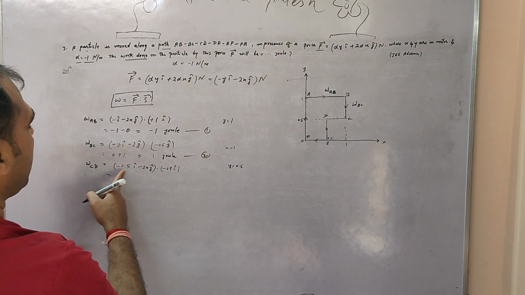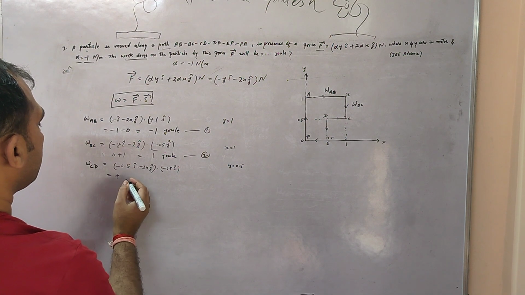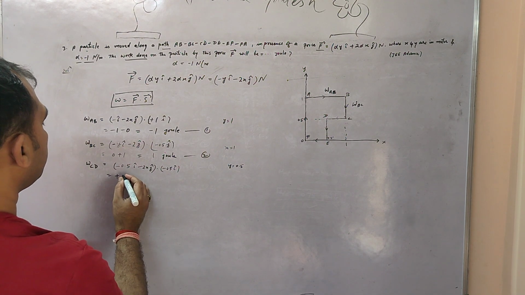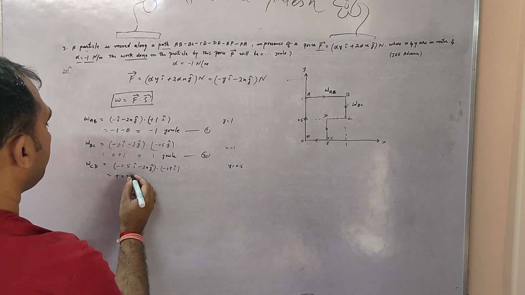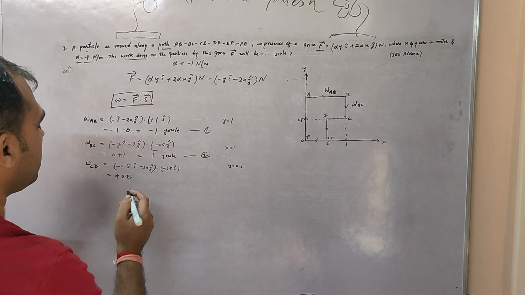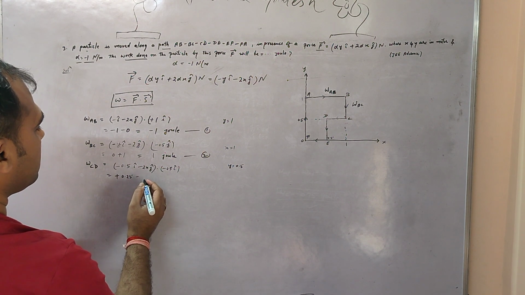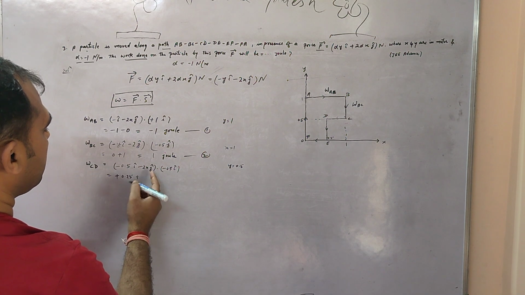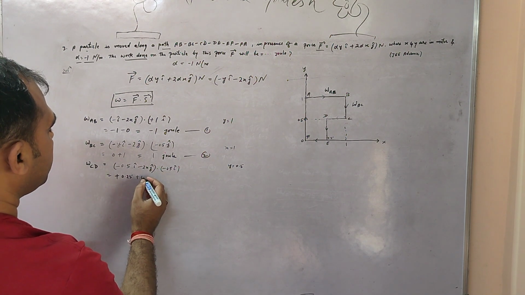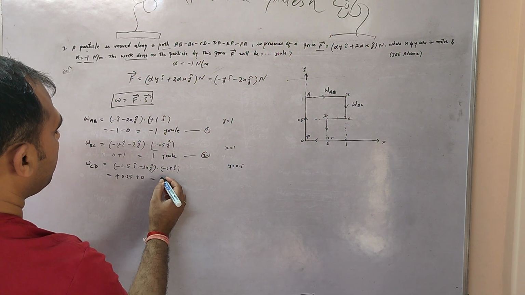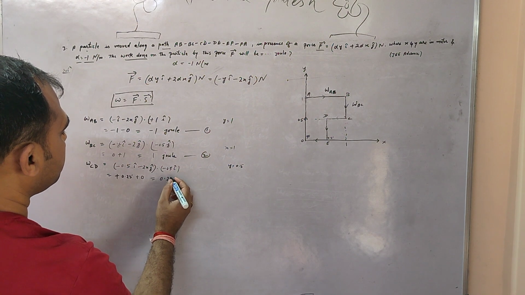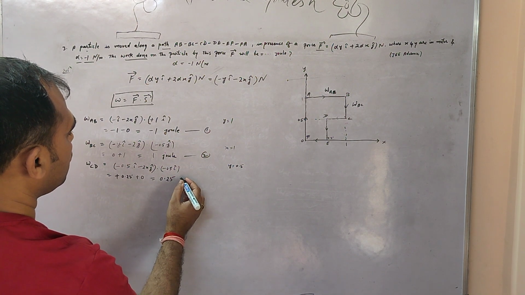So minus minus plus 0.5 into 0.5, 0.25, i dot i is 1. Minus minus plus j dot i, that will be 0. So this will become 0.25 joule